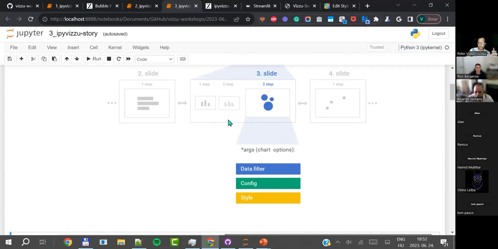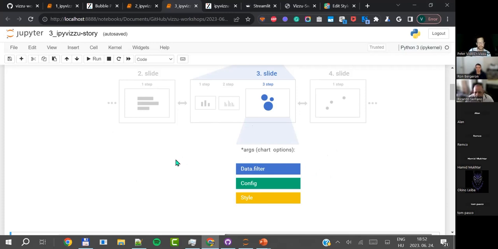In IPyVizzu Story, you have to add the whole data set right at the beginning, but you also have the opportunity to filter, just like I did when we zoomed in on the streaming and the vinyl. So you can show whichever part of your data you want at each step. You have the configuration and the style, and based on this graphic, you don't have the animation options that you had in IPyVizzu. That's because this graphic is outdated.